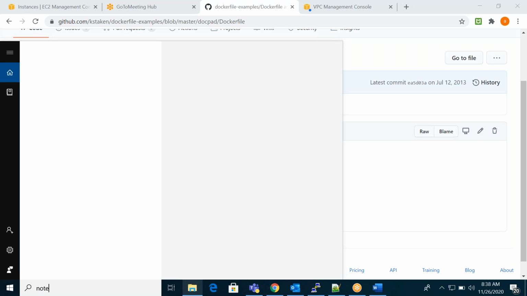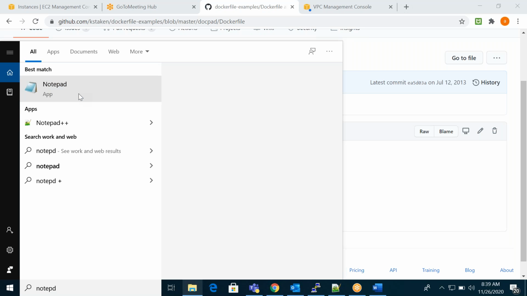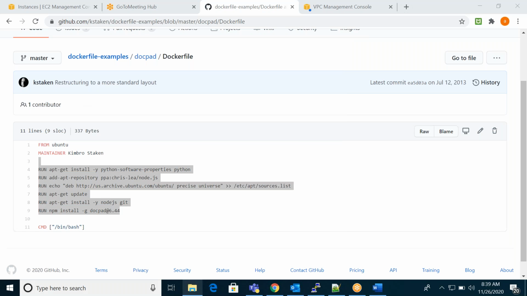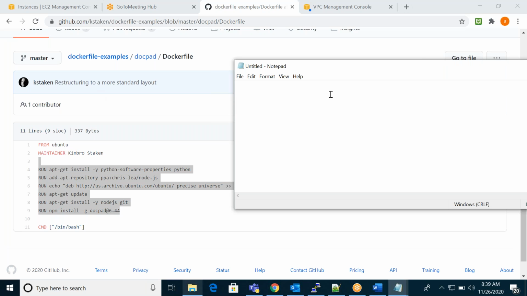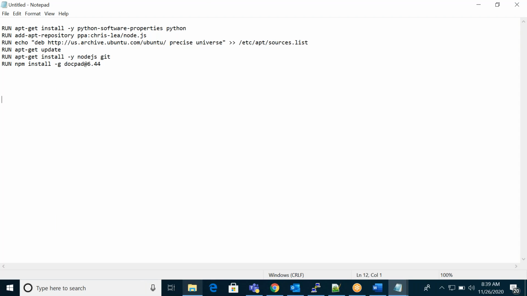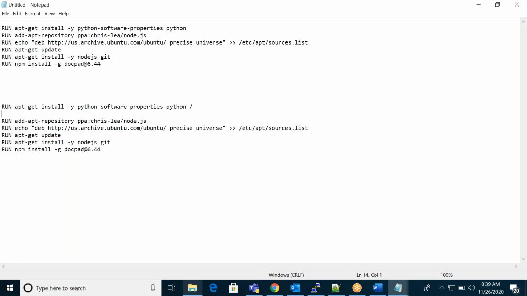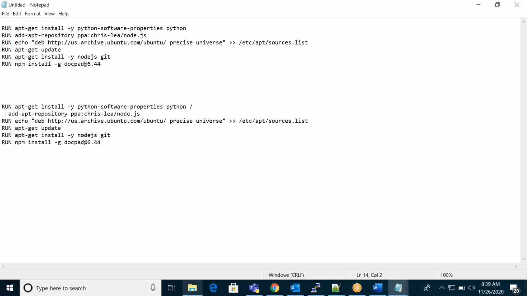Take Notepad. It is written in multiple lines. Instead of this, we can mention it like this.